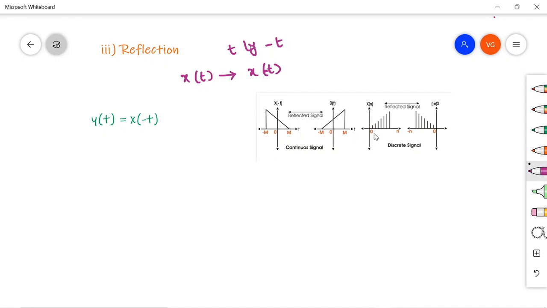Then suppose you are given with a discrete signal like this, extended from 0 to something, right? N. Then the same signal will be extended from 0 to minus n. Just flip it over that y-axis, right? Now,